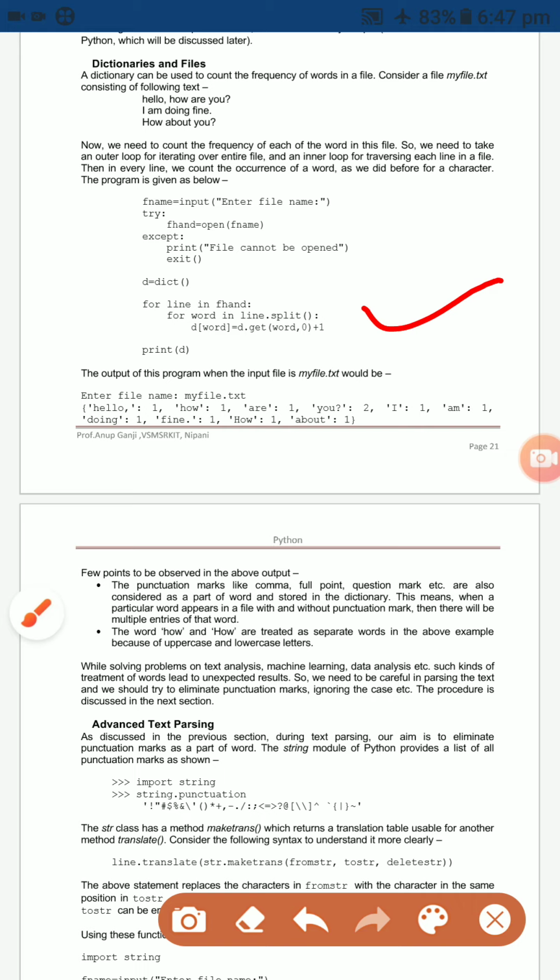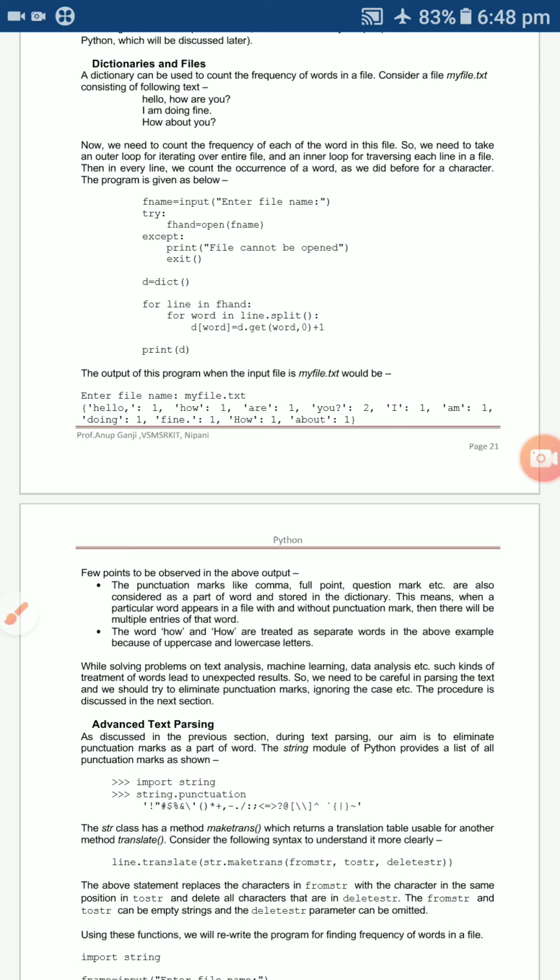First, you use the file name input, enter the file name, and it will read your file. I already explained the try except method in the second module, so you can use try except here. First use the file handler. Open your file name. If it is open, it's okay, then it goes directly to an empty dictionary. Then you can use a for loop.